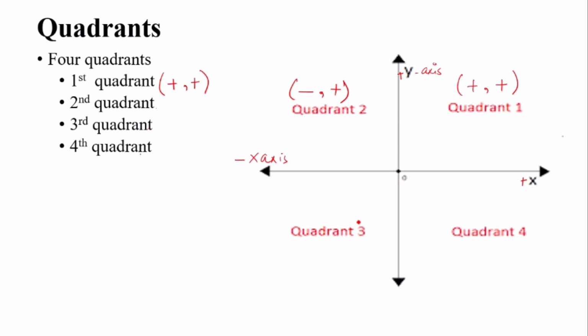So what about the third quadrant? The x value is negative and the y value is also negative. So all the values that lie in the third quadrant have a negative x and a negative y. And in the fourth quadrant, x is positive while y is negative. So now